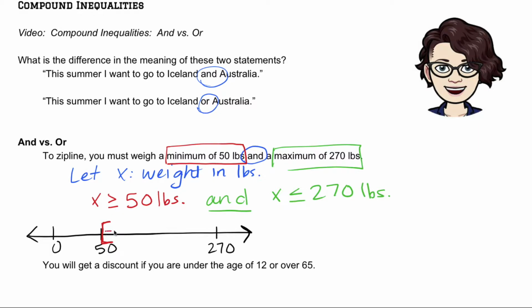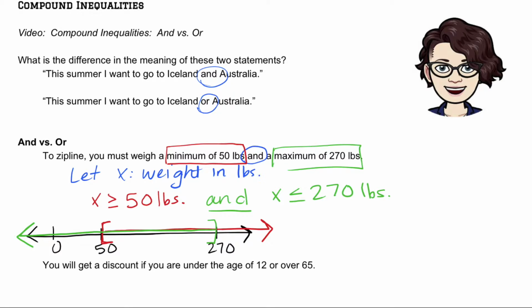And we go that direction. But we can't go forever in that direction, because this other requirement says that we have to be less than or equal to 270. That would be that direction. But we can't be less than 50. So that shows us that our solution,